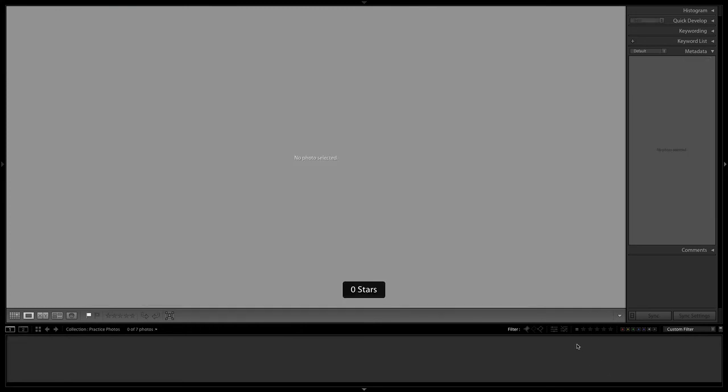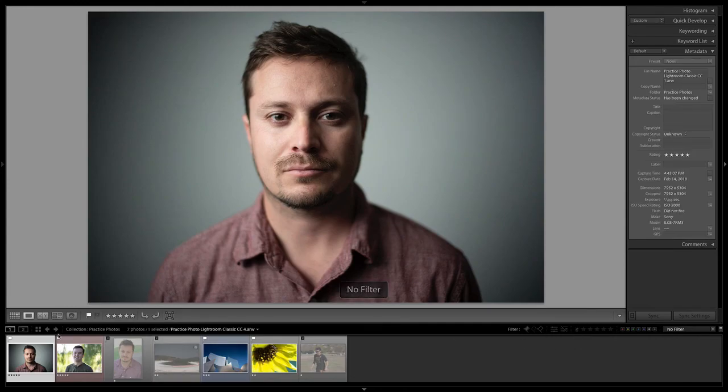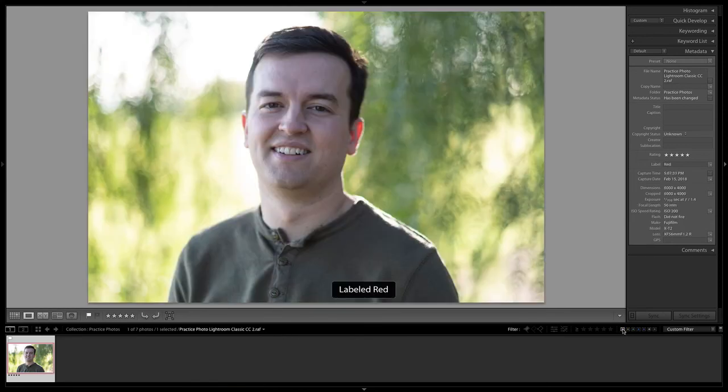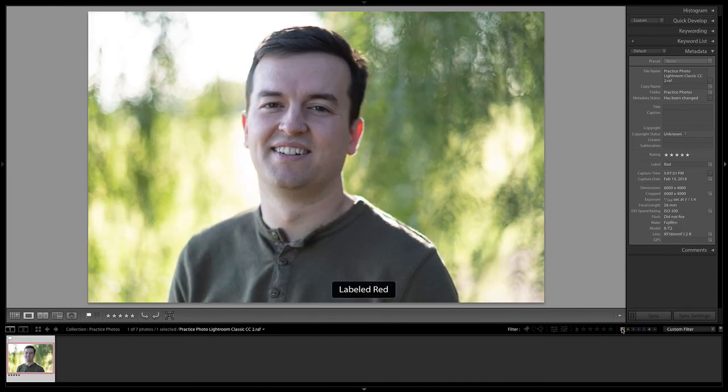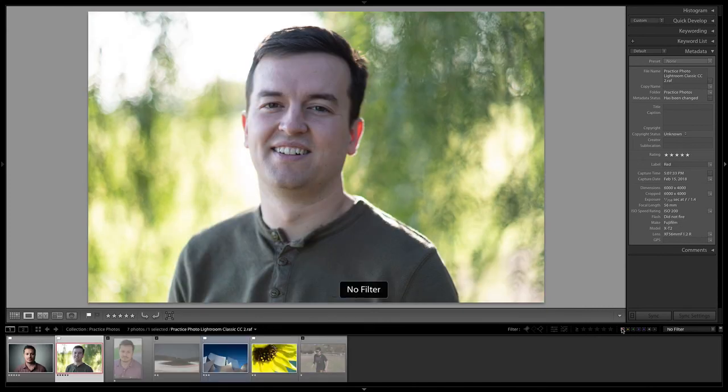Clicking the rating again will turn that off, and then let's just turn off rating is greater than or equal to, and now it will show all of our photos again. And then lastly, you can filter by color. So we marked one as red, and we also marked one as blue, so clicking those will open those photos up. These buttons right here are based off of if you've edited the photos or not.